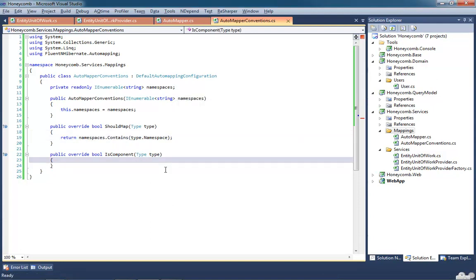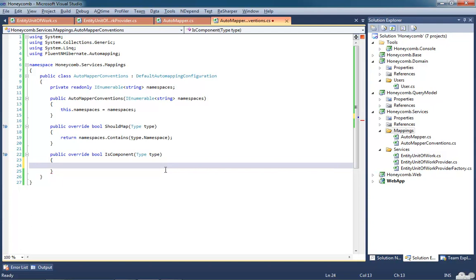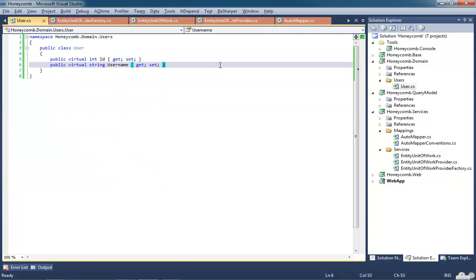Okay, then IsComponent is going to be just defined in terms of ShouldMap. Basically, ShouldMap is should AutoMapper map this class to the database. IsComponent is going to say, should a type that we found as a property of a class that we're mapping, I know that sounded kind of confusing, should that class be considered a component or should it be considered a relationship to another entity? For example, if in my user I had a value type called Name,